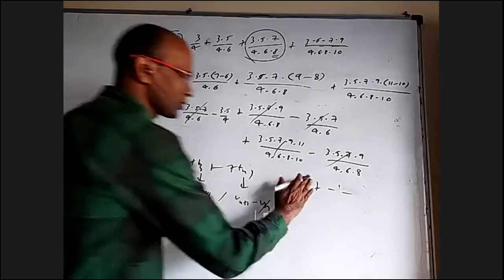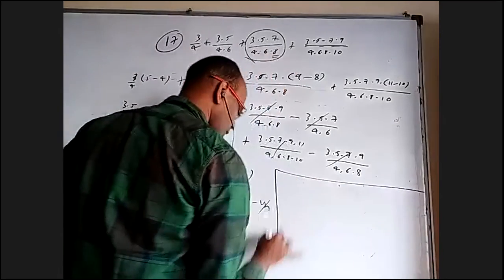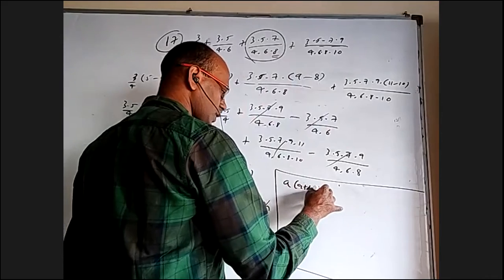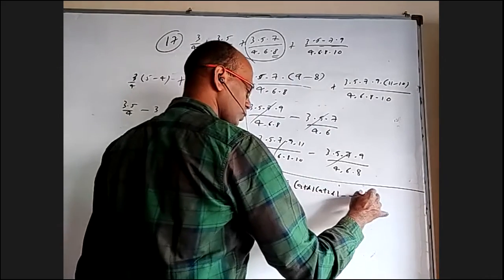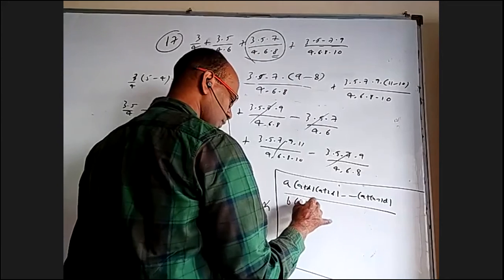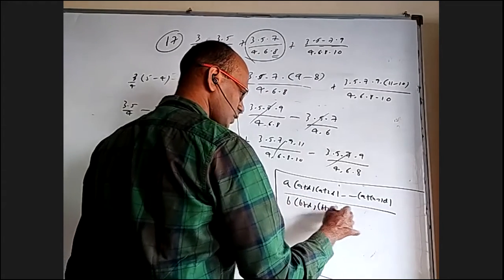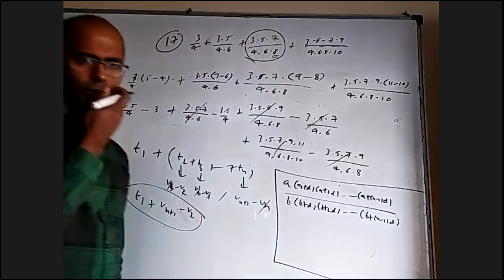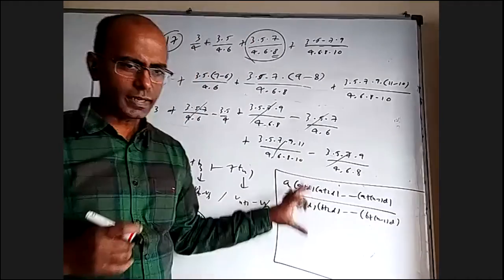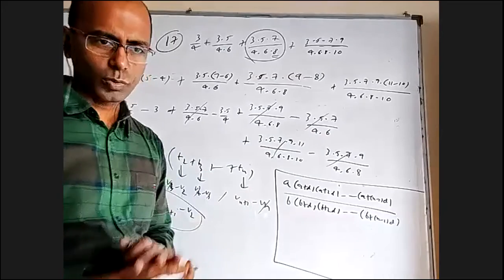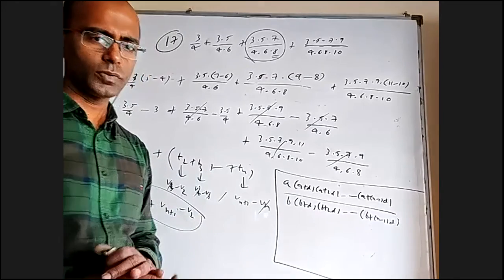In general, I just want to show you. If I take A plus D, A plus 2D, so on up to A plus n minus 1 into D, by B, B plus D, B plus 2D, so on up to B plus n minus 1 into D. Can anybody tell me, if this is my nth term, how to write this one as method of differences? What is that basically I told? Anybody want to tell?